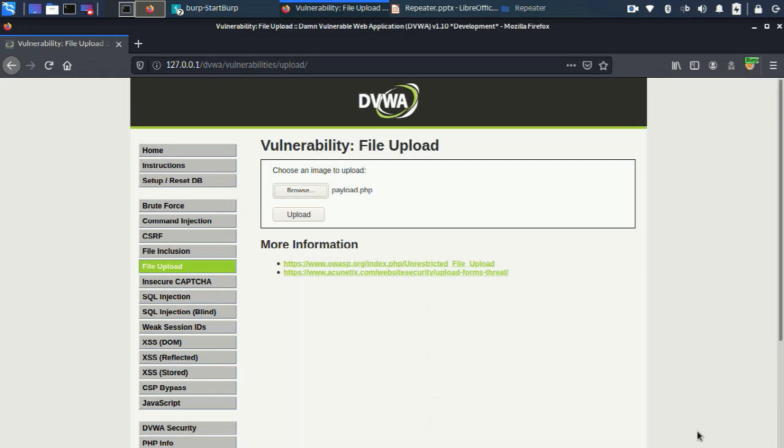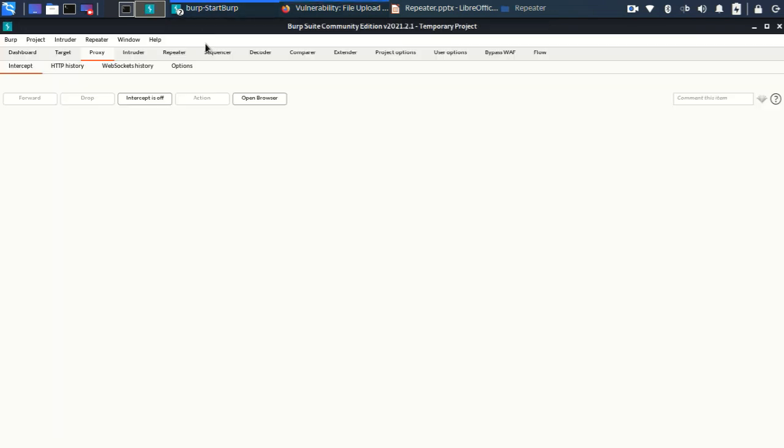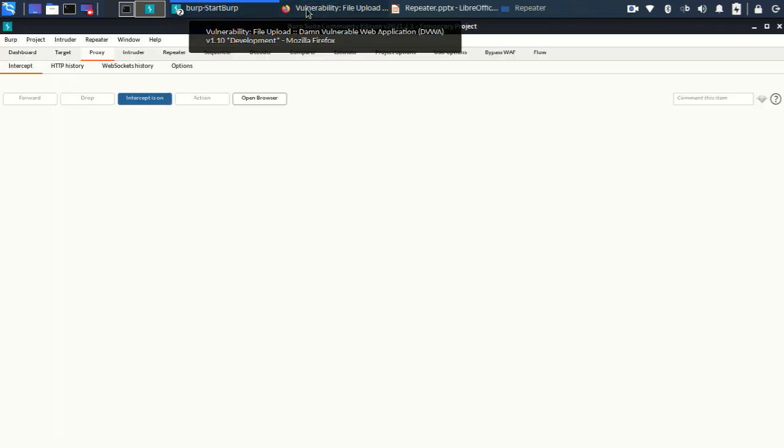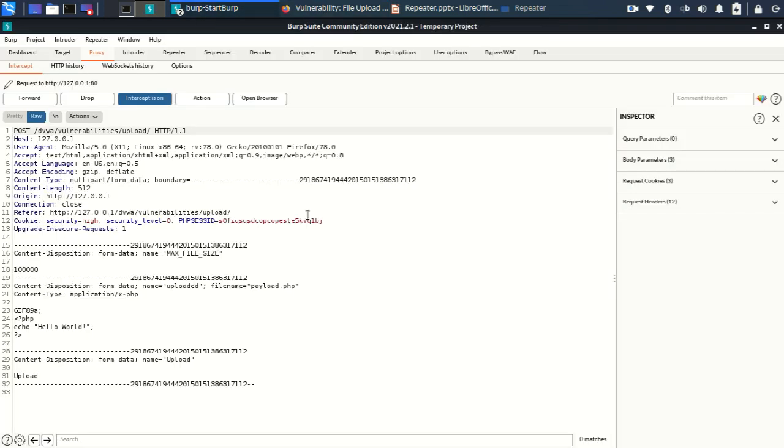So let me turn the browser intercept on, then upload. Okay, see now, file name payload.php, content type application so and so, but now this directive has been added to the content of this PHP file. The same, we'll send it to Repeater.